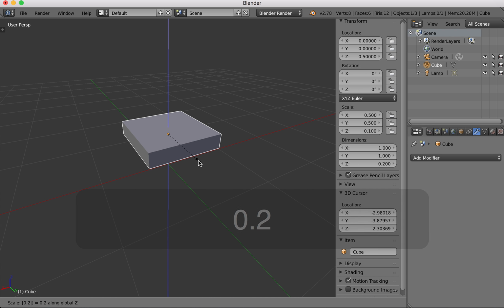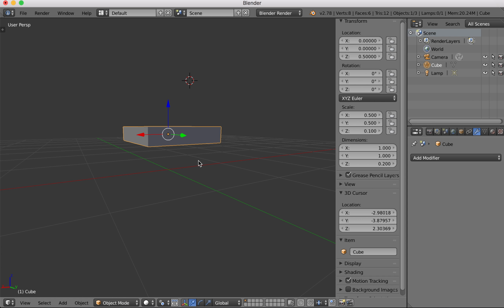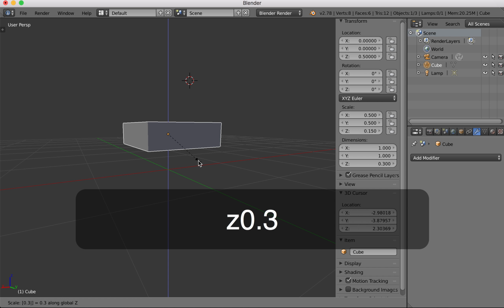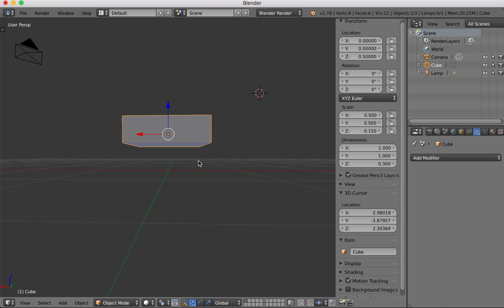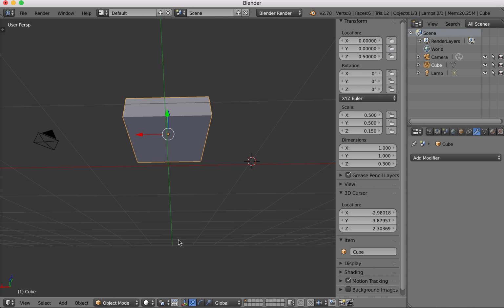well, let's have a look. 0.2, does that look okay? Might be a little bit thin. How about 0.3? That looks all right, but now it's above the plane. And I want to move it back there. I'm going to cheat a little bit here, and what I'm going to do is